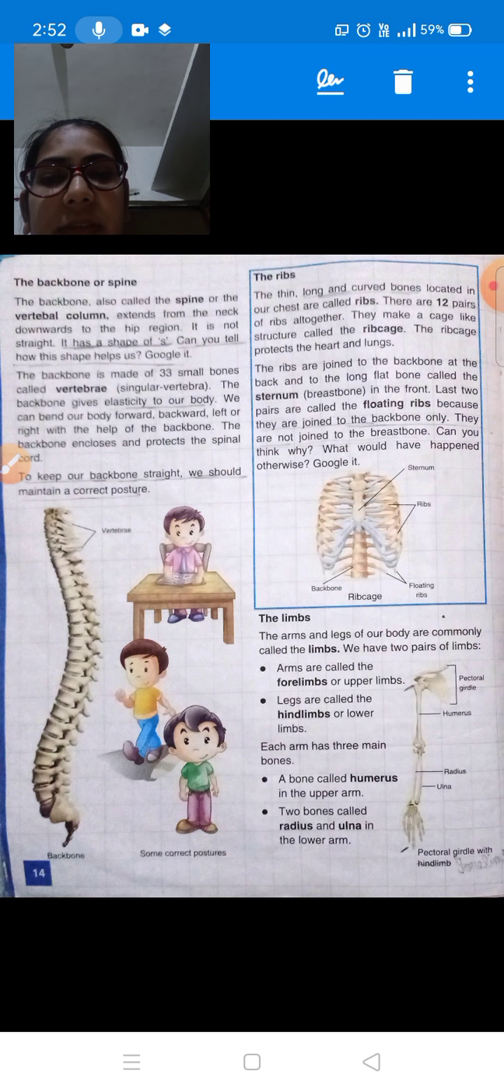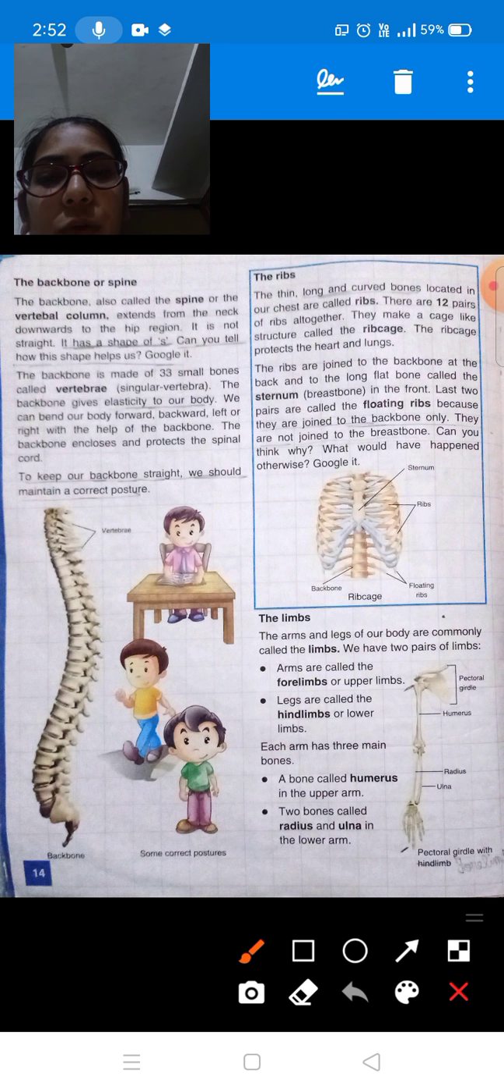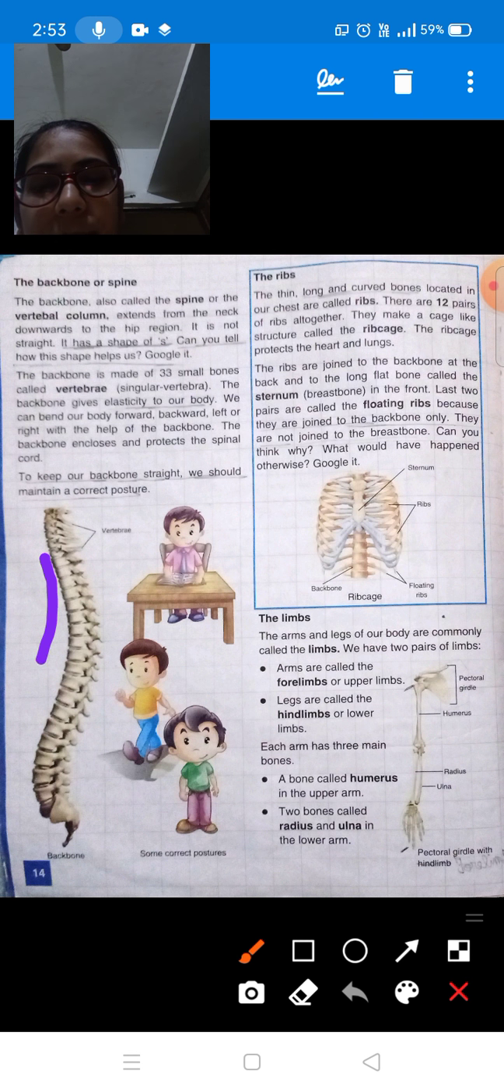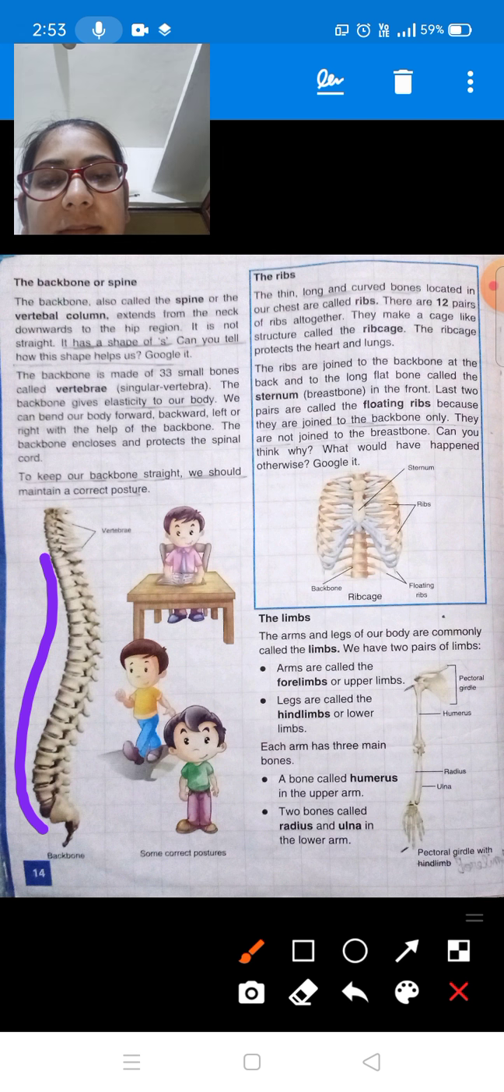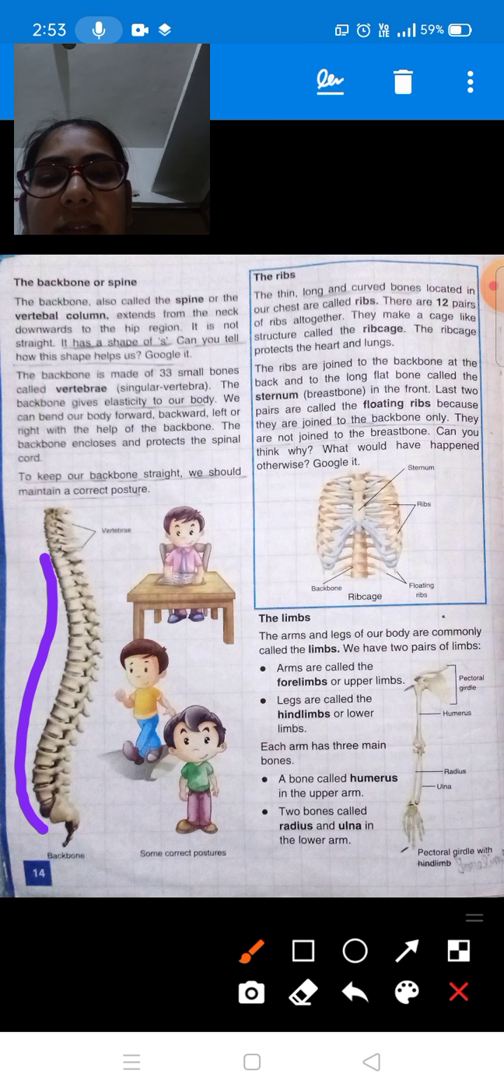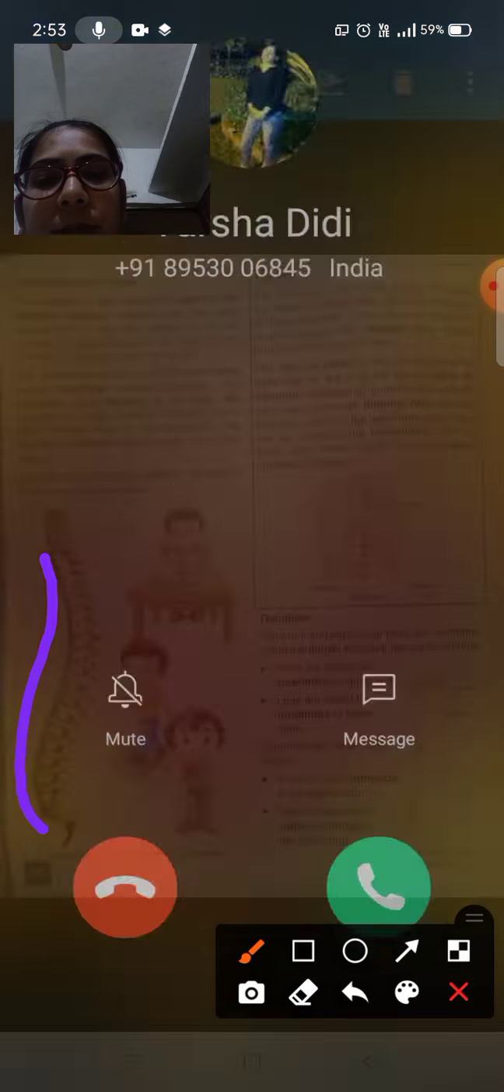Now we will study the backbone. What is the backbone or spine, students? The backbone, also called the spine or the vertebral column, this is our backbone. In biological language it is called the vertebral column, and it is also called the spine. It extends from the neck downwards to the hip region. This backbone present